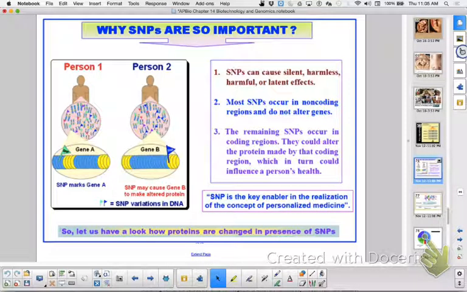Oh, it marks the gene. It's a single point. I don't know. Oh, they're basically like